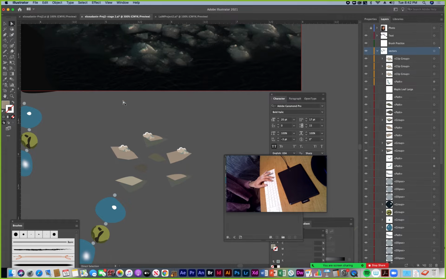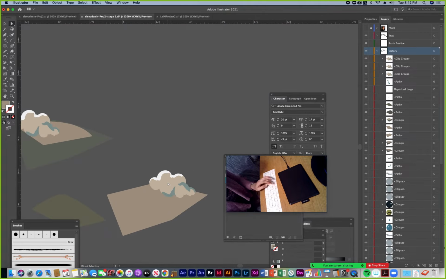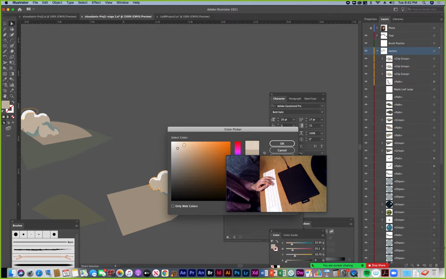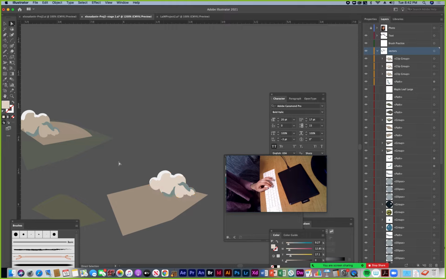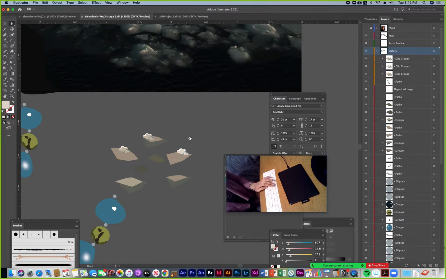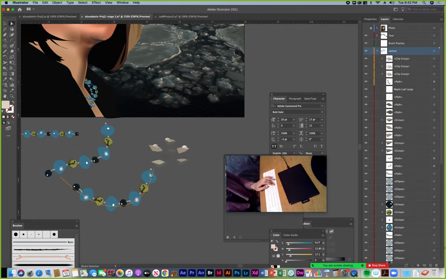Maybe alter it a little bit so that the shaping in this is a little bit more interesting. Different colors. Okay, so